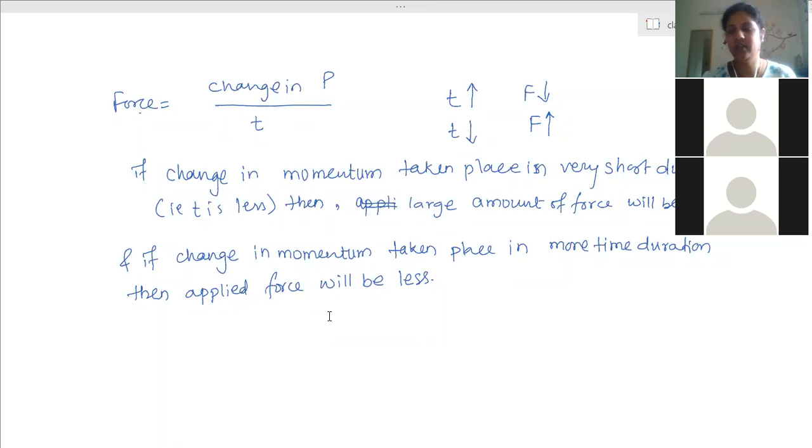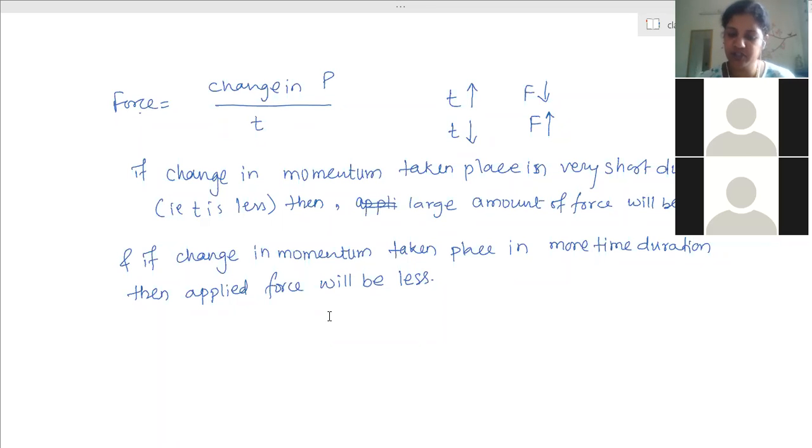And due to that, he will apply more force on the ground. In turn, the ground applies an equal, large amount of force on the person. So the person will get hit a lot and get more injuries. But if there is a sand bed, then he will start sinking into the sand slowly. So the duration of change in his momentum has been increased. Or if a cushion is there, the cushion will press when he jumps on it. So the change in momentum has taken place over a longer duration of time.